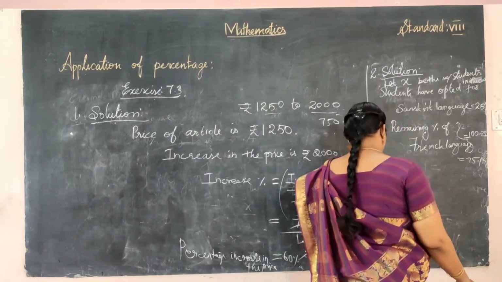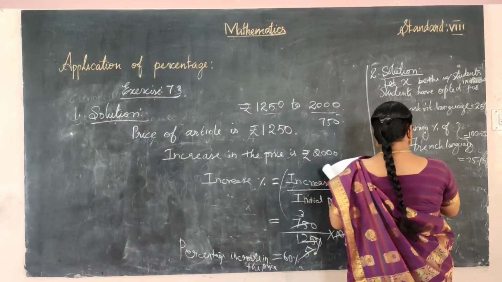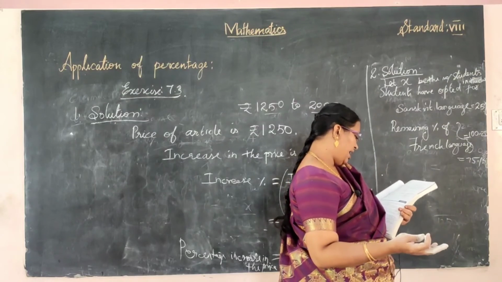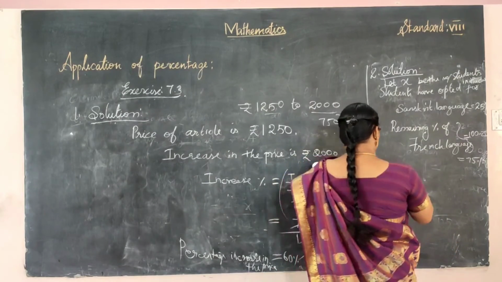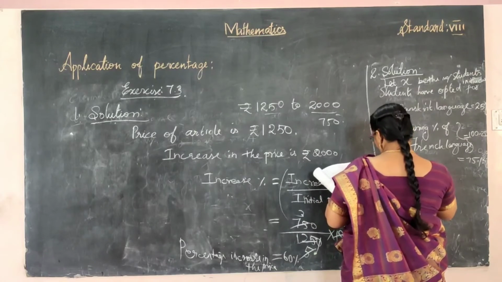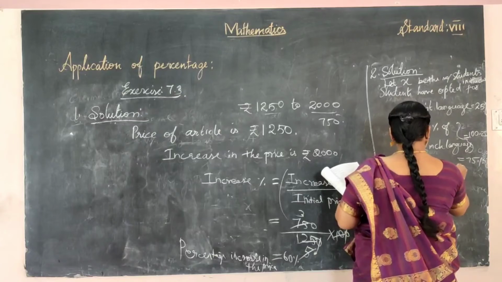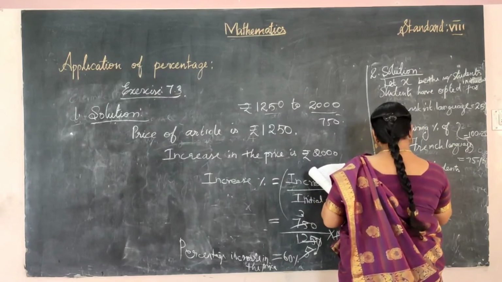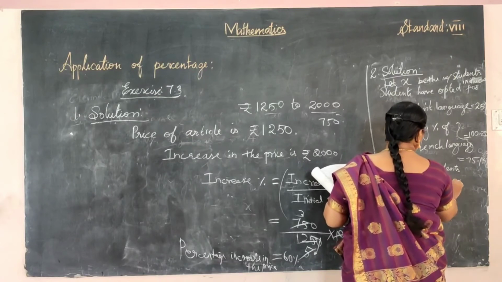Right. And next we have to calculate. So 75%, we know the data only for the French language. So the number of students who opt for French language